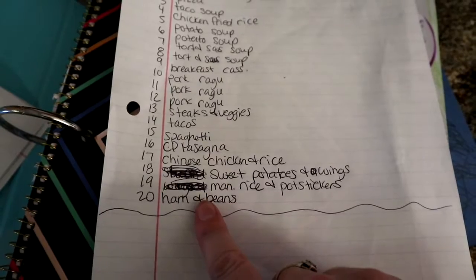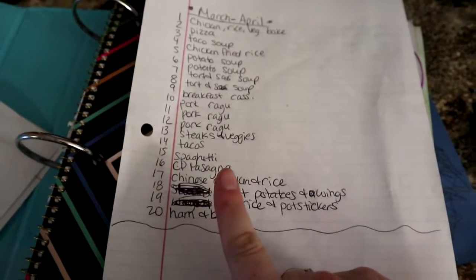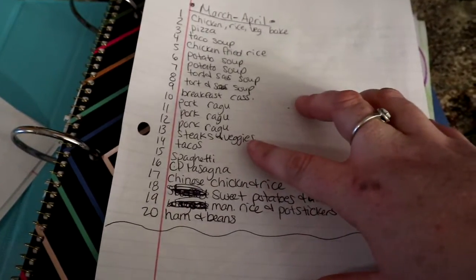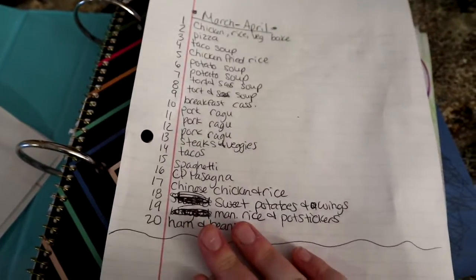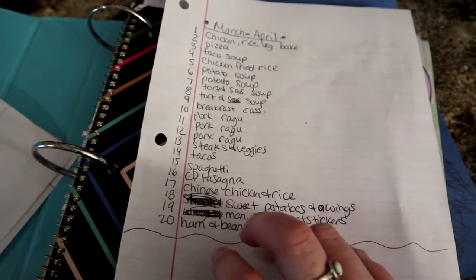And then I still have a freezer helping of ham and beans for dinner. So I have 20 dinners ready to go, basically. Some, like I don't have the tacos or the spaghetti or the lasagna done, and that pizza up there, but I have 20 dinners in my pantry and freezer, so I'm going to try to get these eaten up